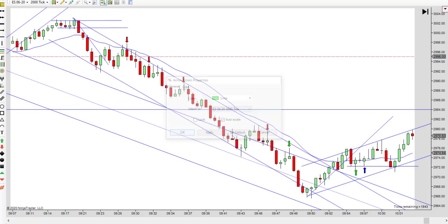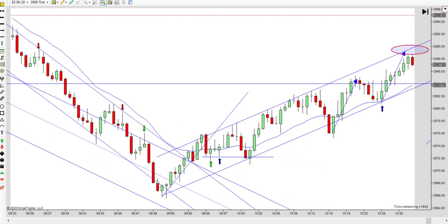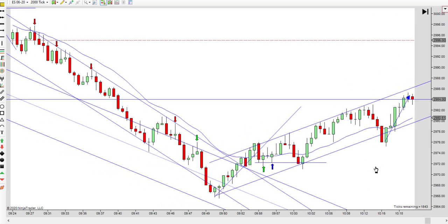I'll mark it green, but that's because it is possibly a long trap, and you can see how it shot down real quick. But then notice it's not very long afterwards. Now we're going the other way, and that's what usually happens to you. And so notice we're moving up. You get a first entry, and then you get a second entry that fails. Although that's the first break of this trend